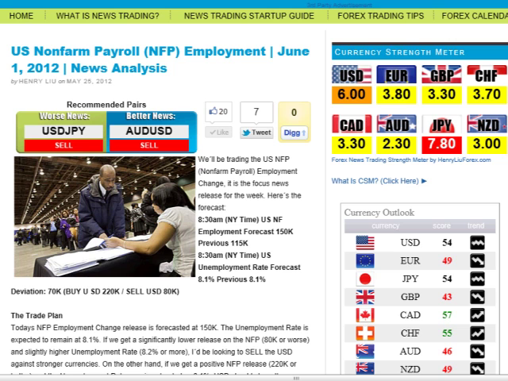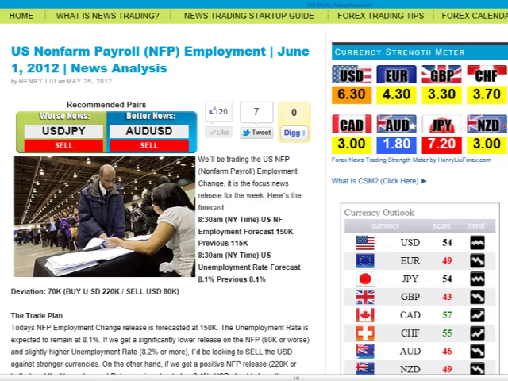I think the key to understand the non-farm payroll is that if the economy is bad, it means that we could see weakening not only in the fundamentals of the US dollar, but also in the potential for the Federal Reserve to introduce another round of quantitative easing, and that would also devalue the US dollar. So on a bad number, the US dollar would weaken, and a strong number not only adds positive to the US dollar, but also diminishes the possibility for further quantitative easing from the Federal Reserve. So those are what we're looking for.